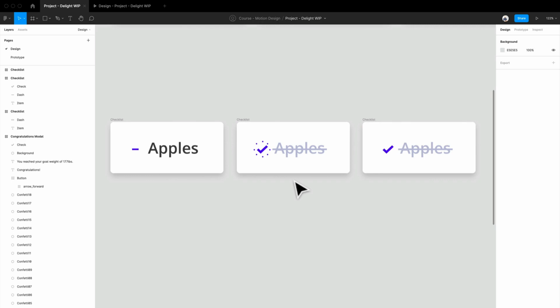actually prototype them. So if you are feeling extra ambitious, go ahead and try your own take on this checklist. It doesn't need to look exactly like this, but if you are going to try something new, try to use some of these techniques, whether it's using this dash to swipe out the name or popping up a confetti, because that's what we're going to do again here on a smaller scale. It's going to make your designs pop. So go ahead and if you're feeling ambitious, do it yourself as well and share some of those designs with